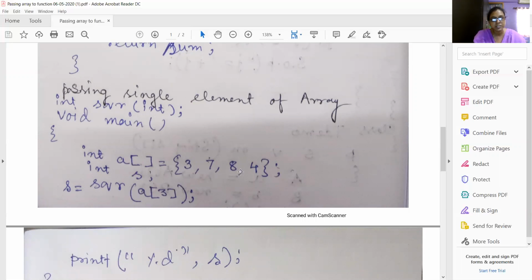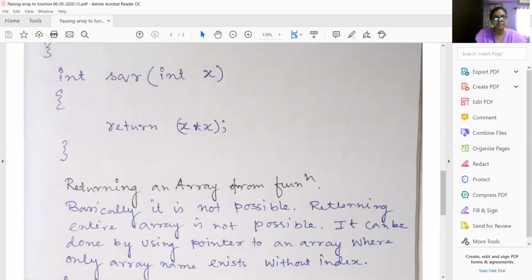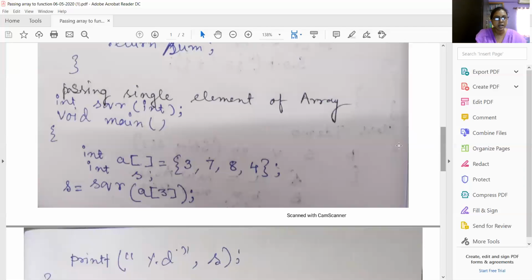So a3, which is 4, stored in an integer type of array, is a single integer, so I have given an int as the variable. Then it will come to printf %d, and it will print whatever value has been given, that is 4, then 16 will be given as a result.